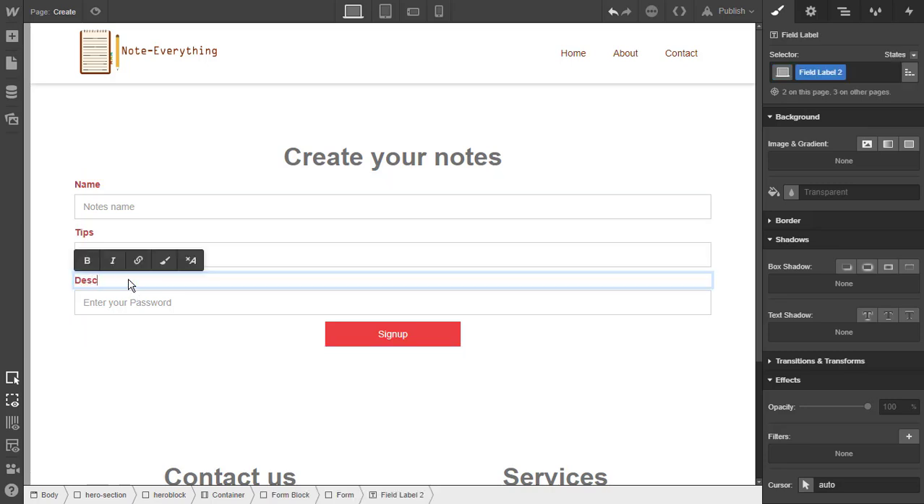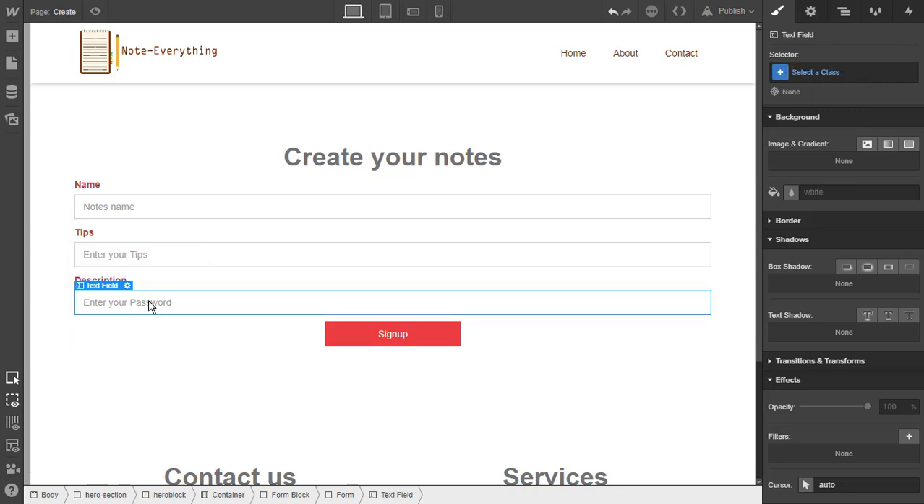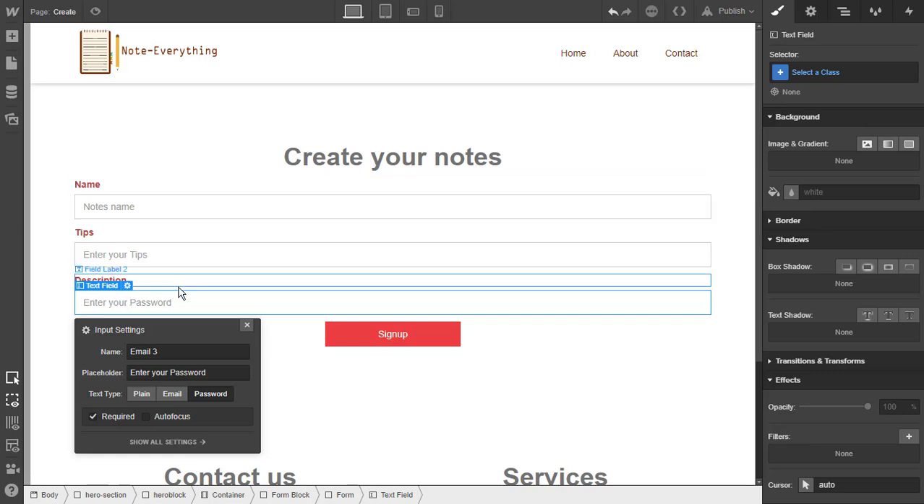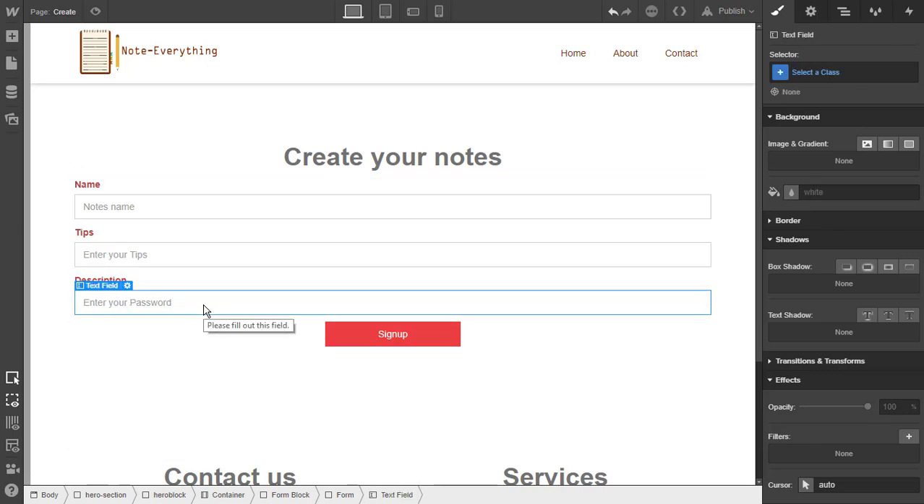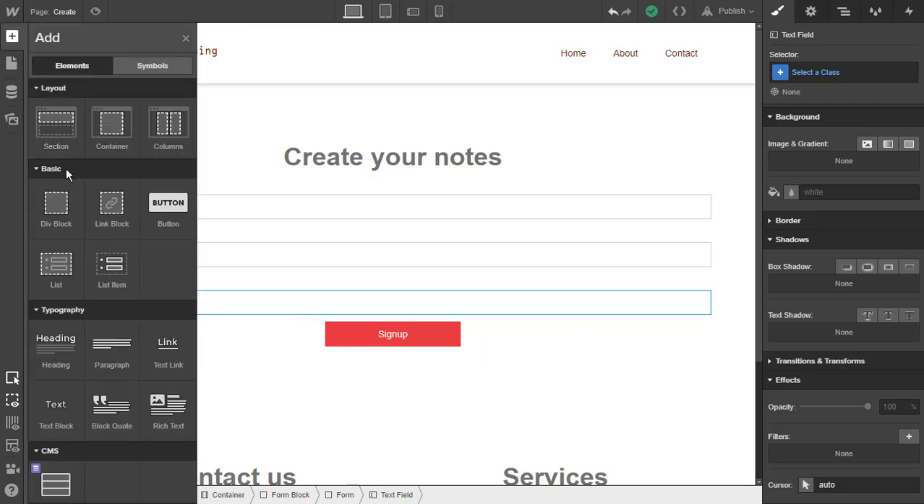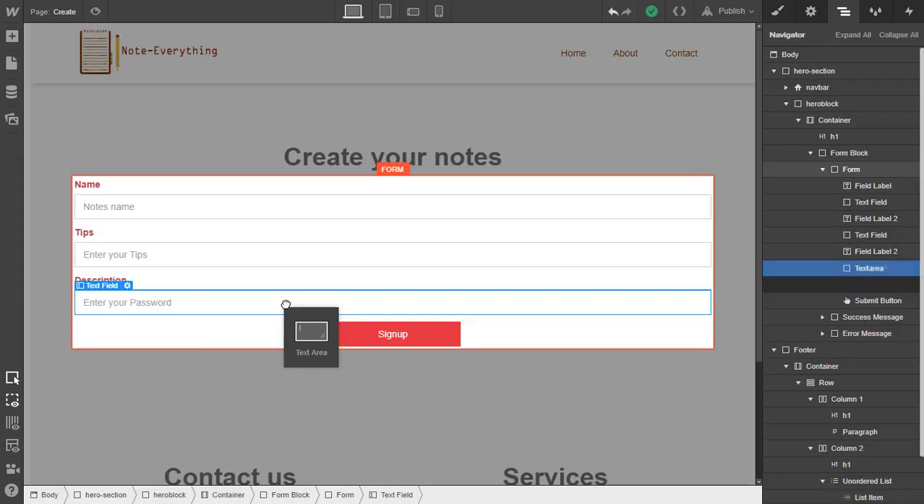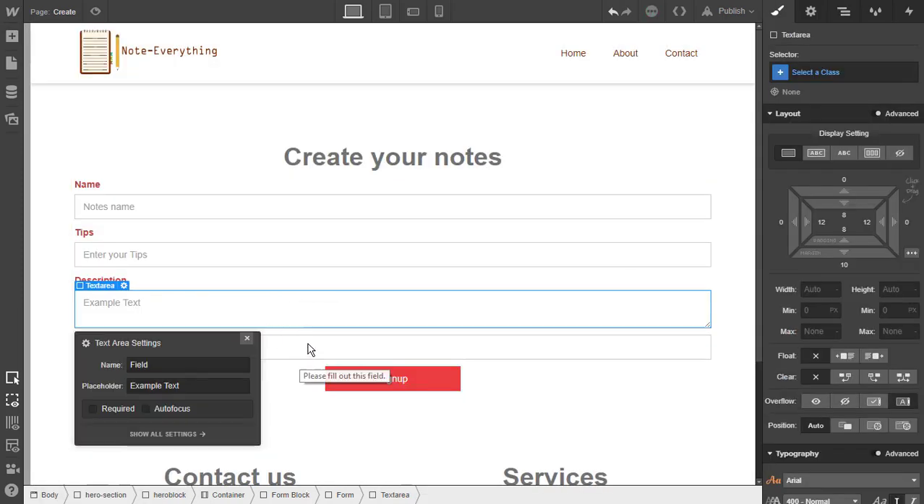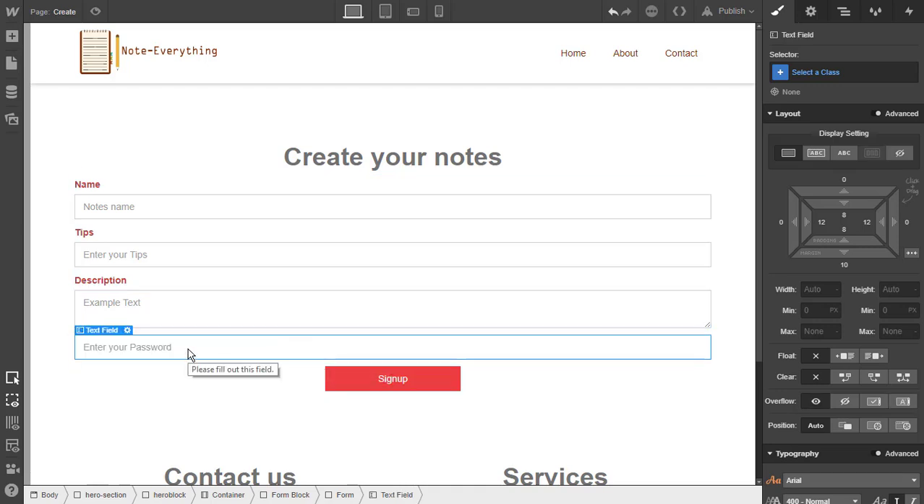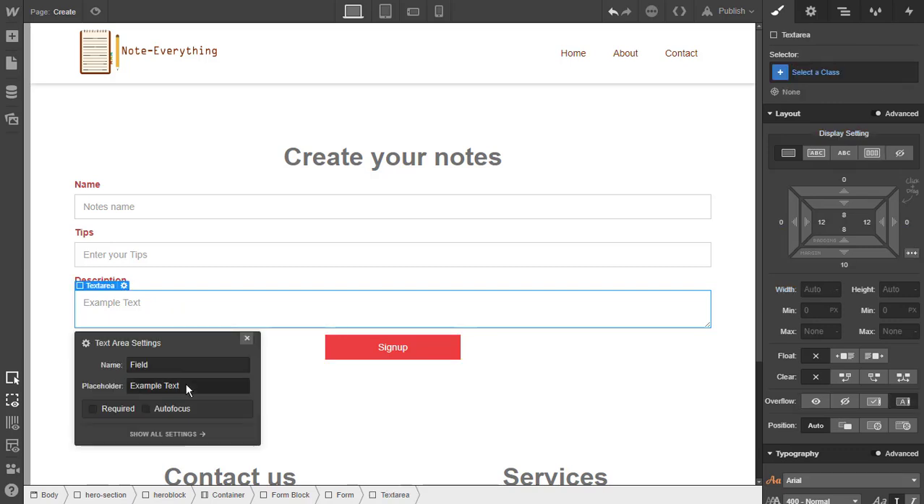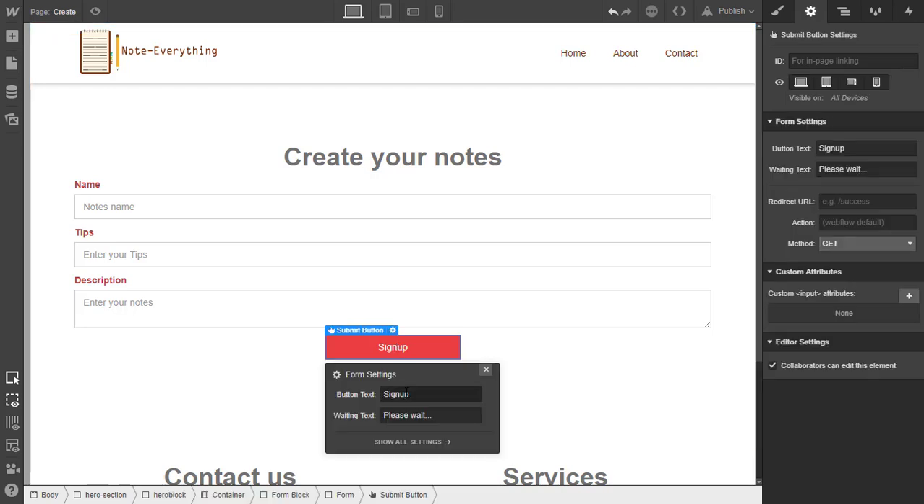So here we need to add that stuff like description, and actually this is not a text field, it should be like, I think this should be a text area. Yeah, here is a text area. Enter your message, enter your notes. Yeah, create notes. Yeah,